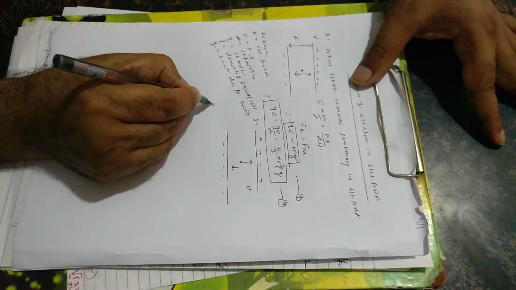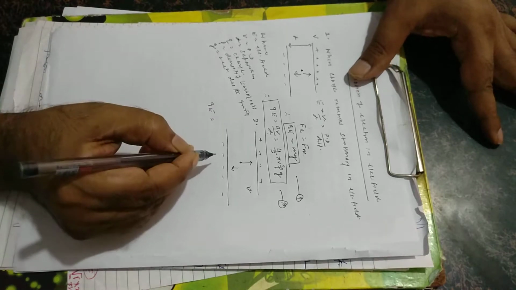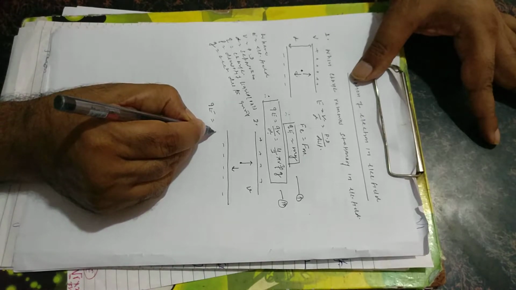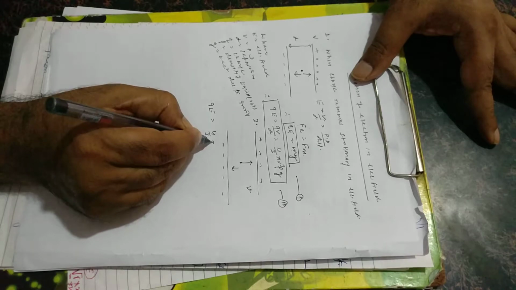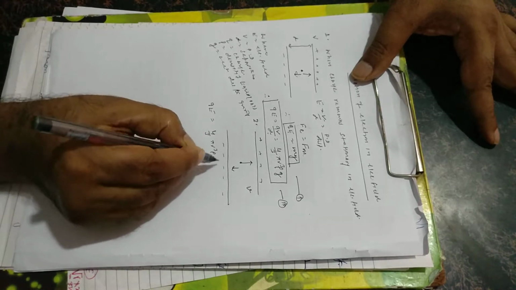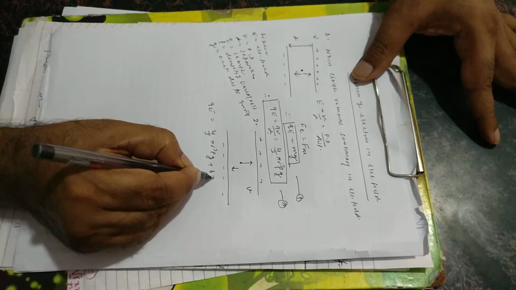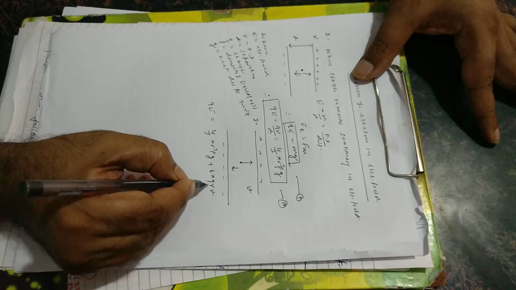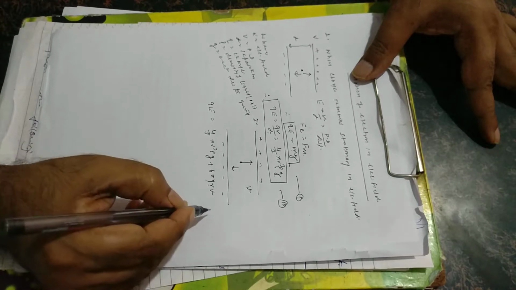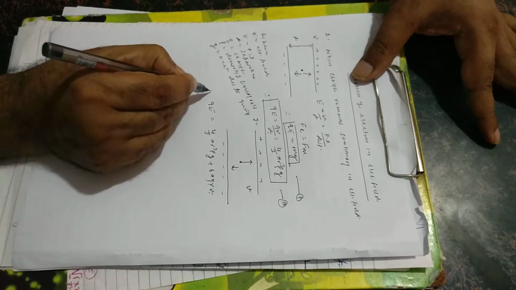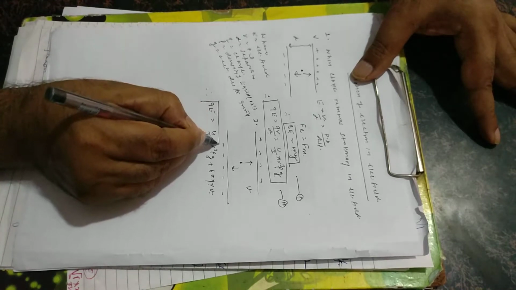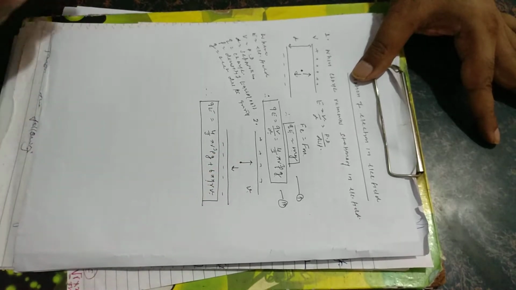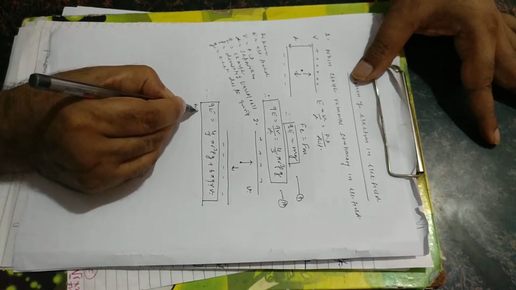So at that moment qE equal to 4 by 3 pi r cube rho g, this term, plus 6 pi eta r v. This is the coefficient of viscosity, radius of the drop of liquid, and v is the terminal velocity. So this formula can be used when the charge is moving in upward direction with the terminal velocity v,